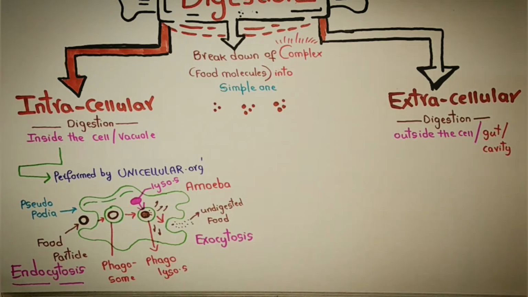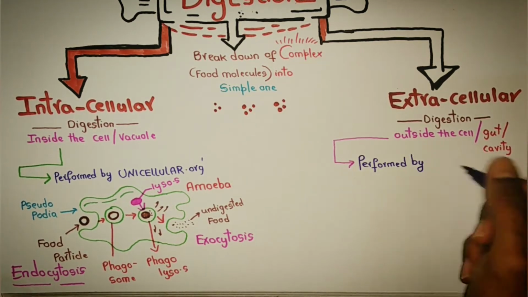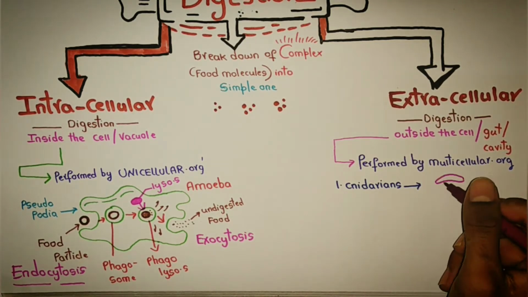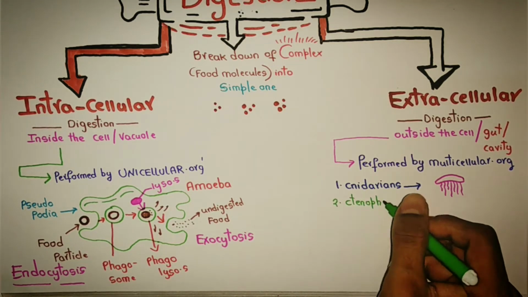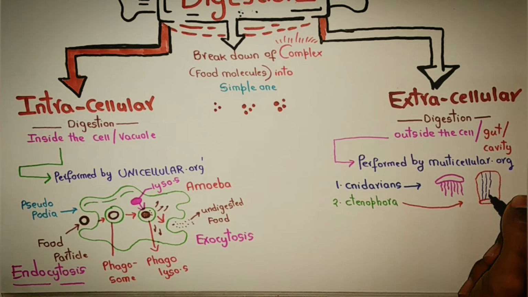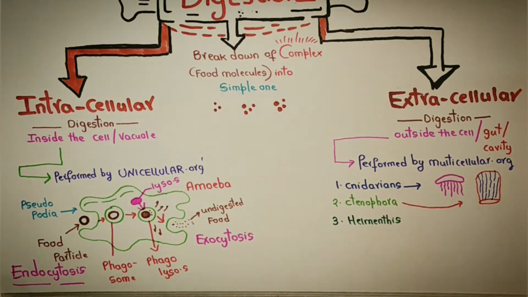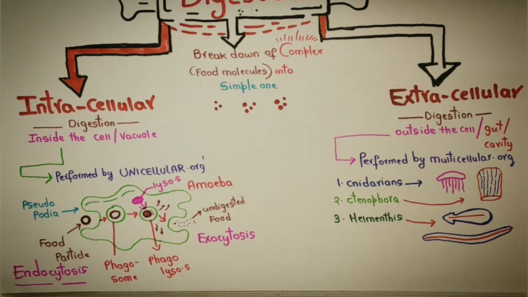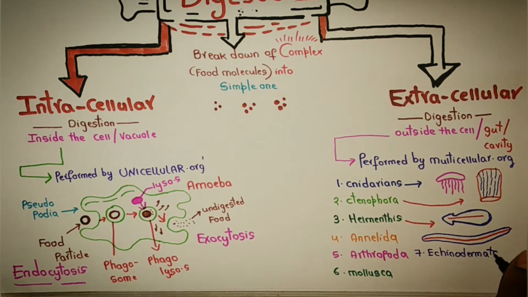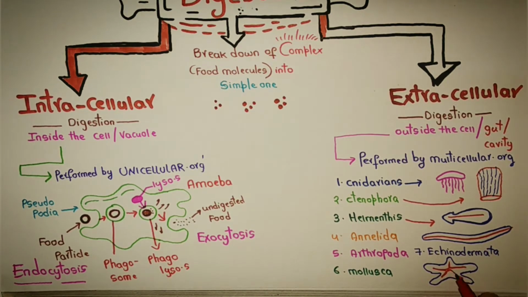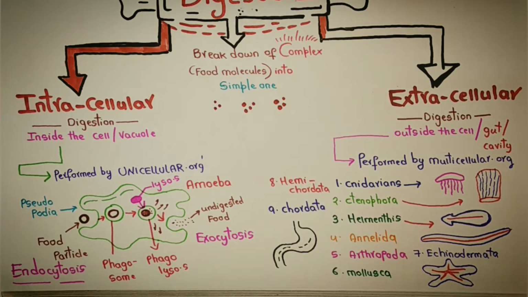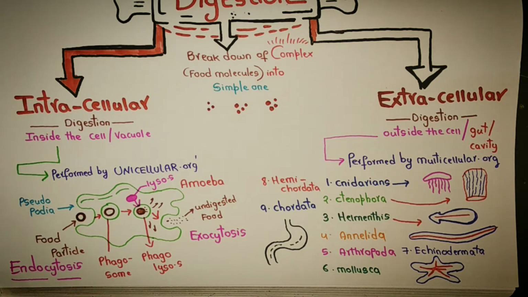While on the other hand, extracellular digestion is performed by the majority of multicellular organisms like the phyla Cnidaria, like jellyfishes, and the ctenophores. In Cnidaria and Ctenophora, the digestion happens in the coelenteron. Other animals like helminths, like the incompletely gut-containing planarians, the complete gut-containing roundworms, annelids, arthropods, mollusks, and the echinodermata, where digestion takes place in the water vascular system. Other phyla like Hemichordata and Chordata, the digestion is performed extracellularly in a complex gut.